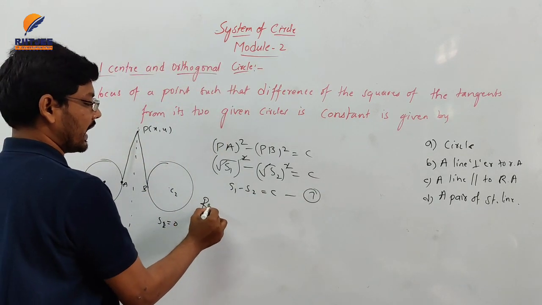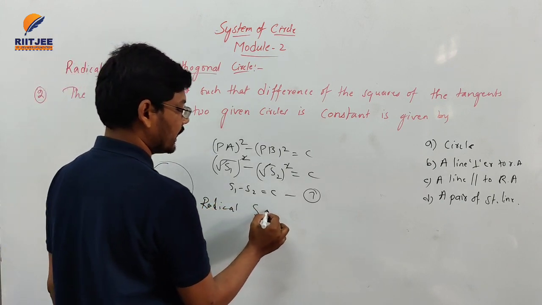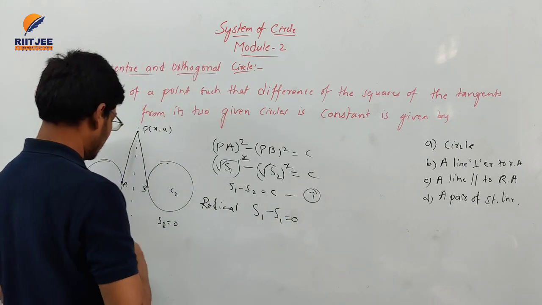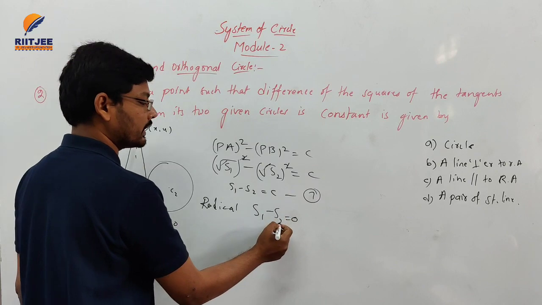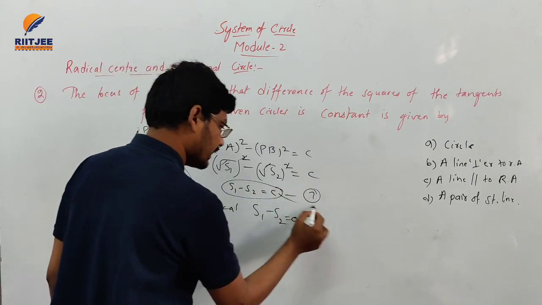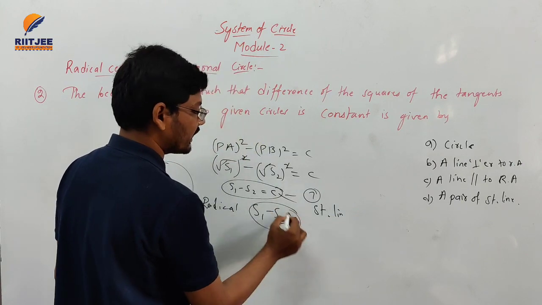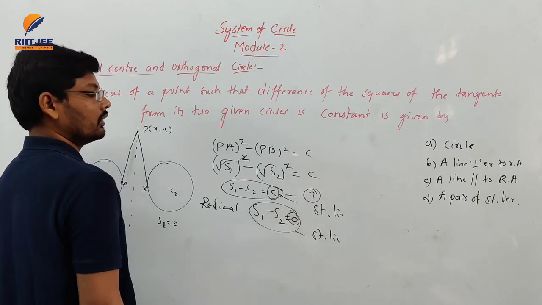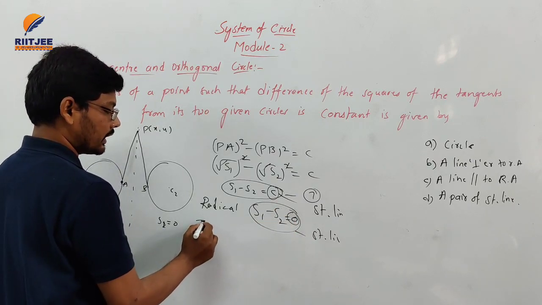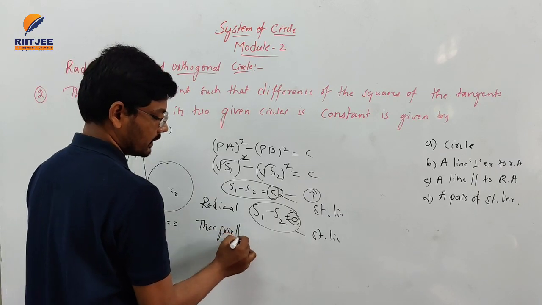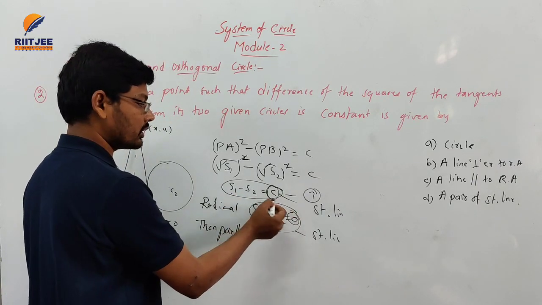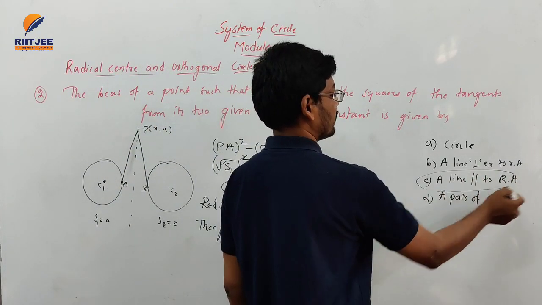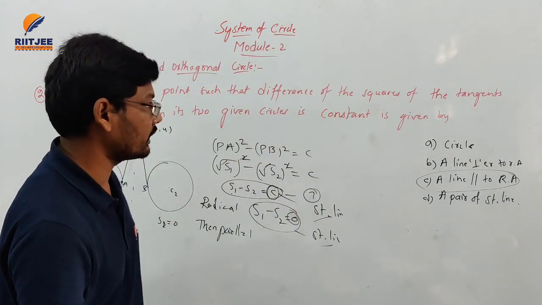And if you want to find radical axis, generally h1 minus h2 is equal to 0. Here I am taking h1 h2, so that's why h1 minus h2 is equal to 0. Here this is a straight line equation, and radical axis is also a straight line equation. So if you observe here, these two are equal, so they are parallel. h1 minus h2 is equal to some constant, and h1 minus h2 is equal to 0. These two are parallel lines to the radical axis.